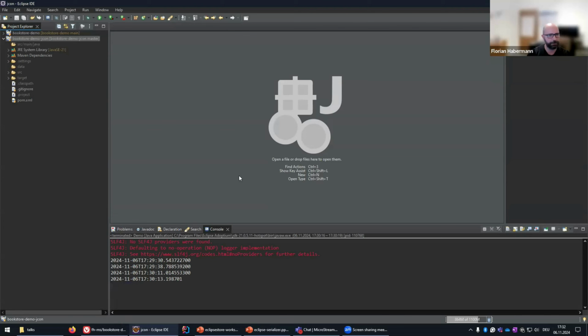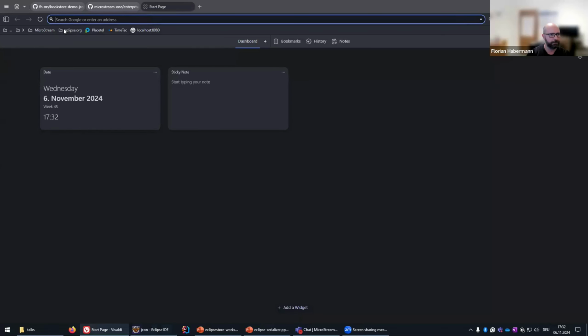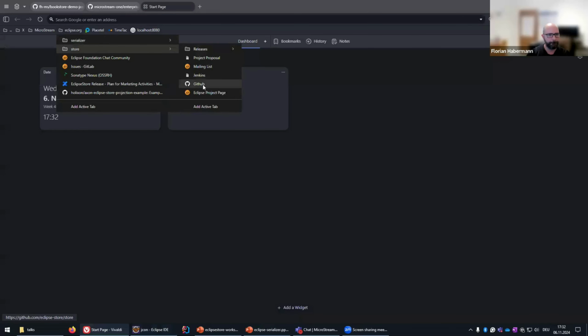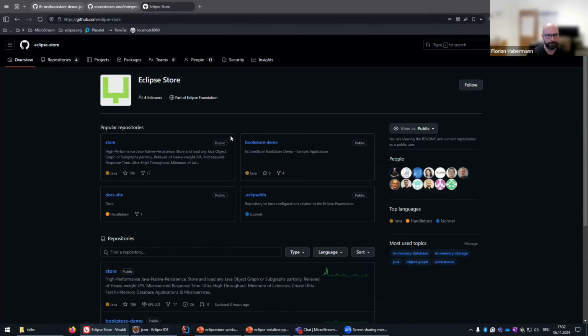I use it just to go through all the features step by step and don't have too much code to look at. But if you want to check out the big bookstore demo, which has all the stuff built in, you can check it out on our GitHub. Just go to the EclipseStore GitHub site and you'll find the big bookstore demo,